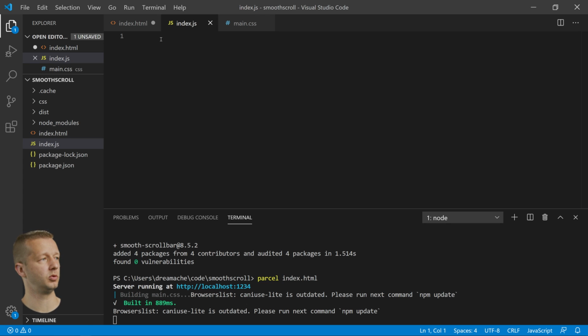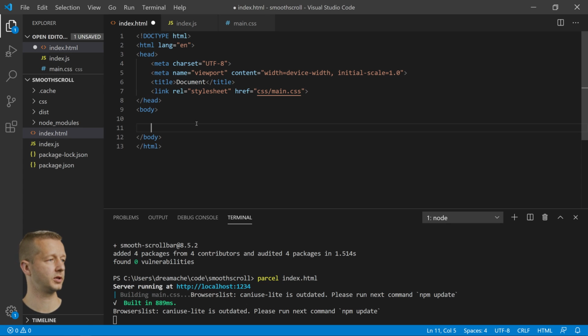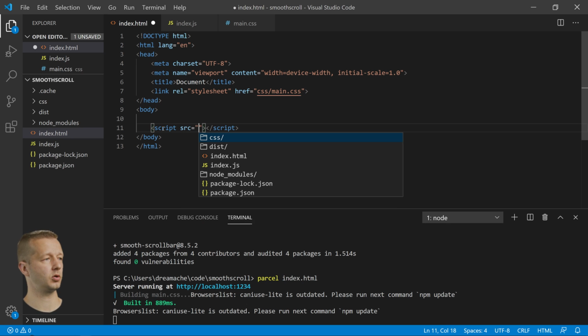All right, and then we'll go ahead and create an index.js file. This is where our smooth scrollbar stuff will go, or the JavaScript, and then we'll go ahead and just link the script right here. Source equals